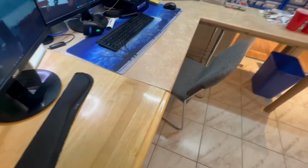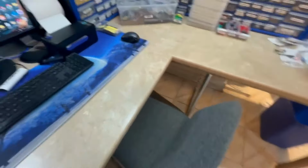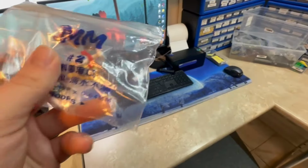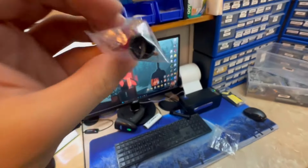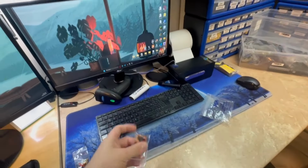So I got, well, technically 3, but also technically 1 thing in the mail today. 2 of them were notices saying I have to go to the post office tomorrow to pick up the packages. But the one that was actually here was this order in a bag thing. Let's open it up. It's weirdly difficult to open. There we go. So in this order, we have these 2 minifigures, which were ordered for dimensions. Then we got this hair piece, which is for dimensions, and this other hair piece, which is for dimensions. Then we have